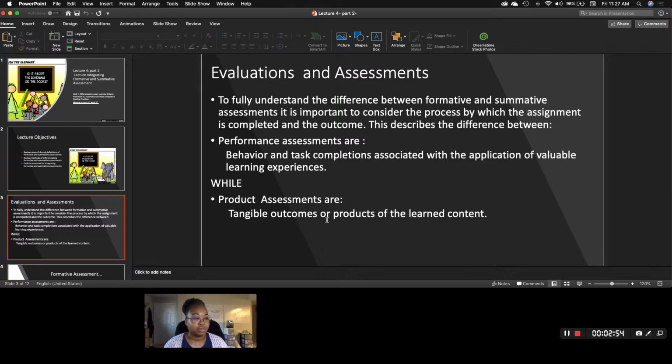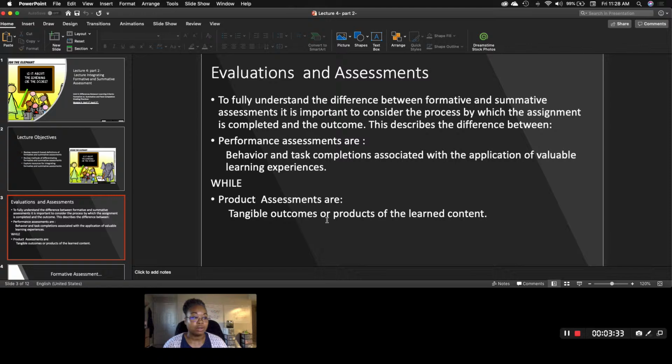So the differences between the two are the performance assessments and then the product assessments. So obviously the performance assessments are formative, or that's you tracking the progress of the student accumulating the new knowledge. And these are behavior and task completions associated with the application of valuable learning experiences. So the way that it's supposed to go is the students are learning, they're performing the task, or they're completing some type of assignment that relates to the actual learning experience that they're doing,